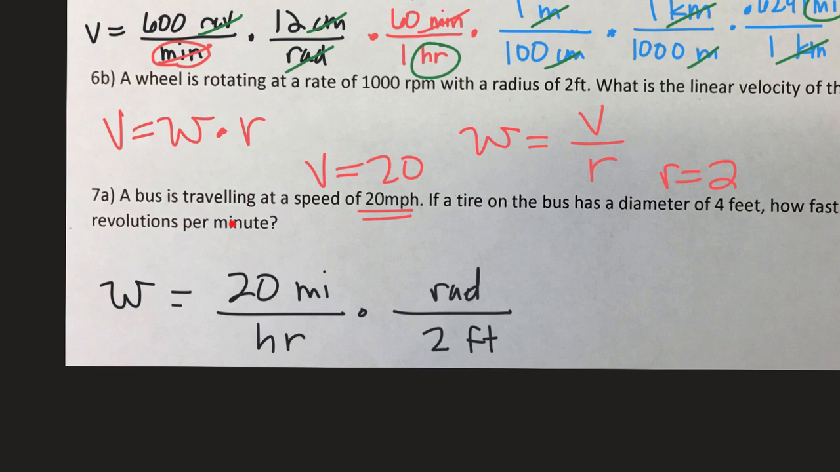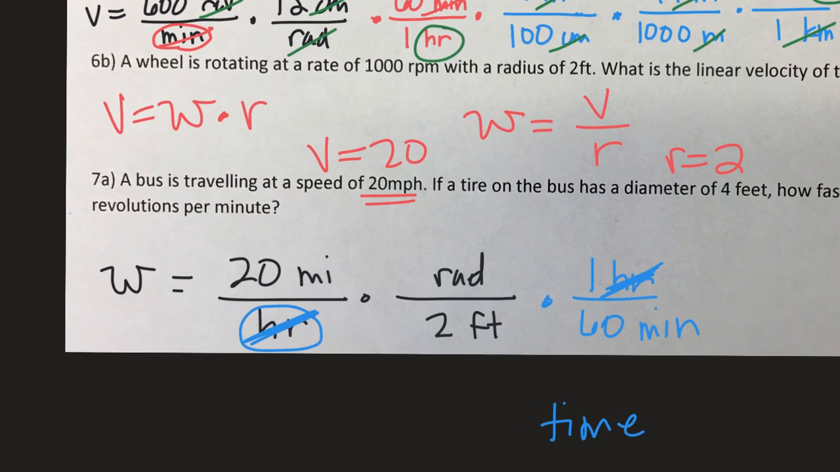And we want it in revolutions per minute. Okay, so let's first take care of this hour business. In 1 hour, there are 60 minutes. Okay, so that converts our hour time into minute time. So there's our time conversion. We no longer have hours, we have per minute. And then we have